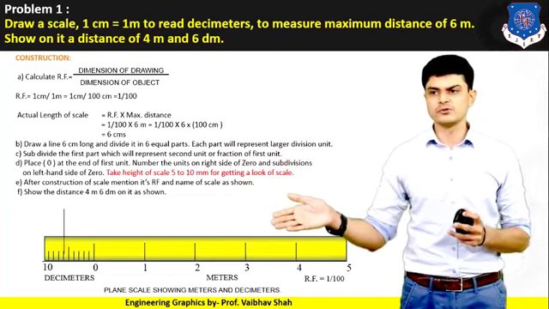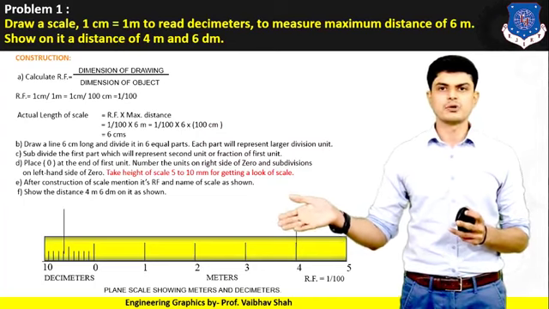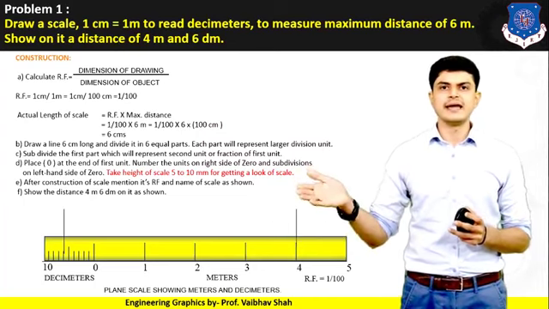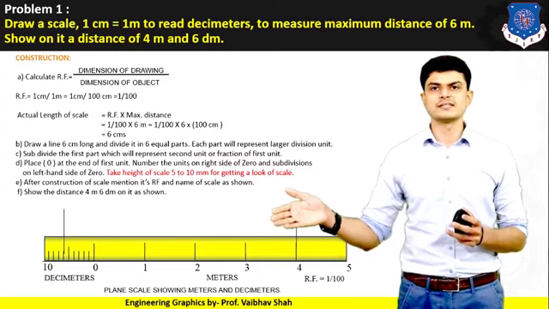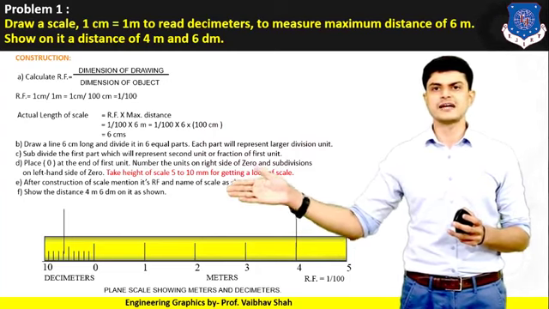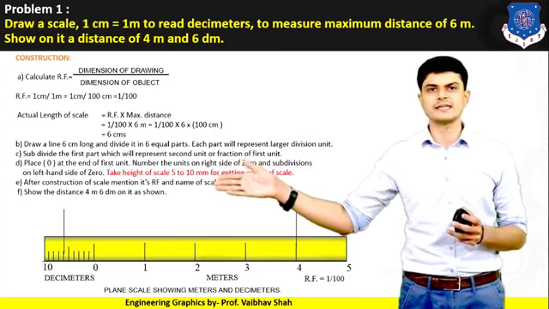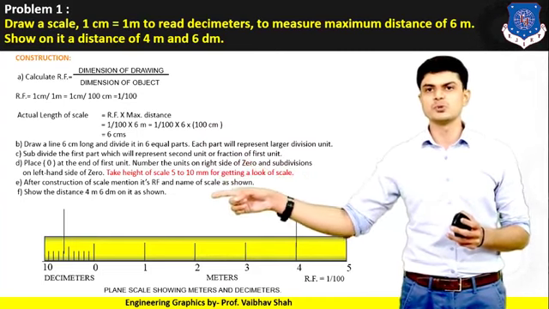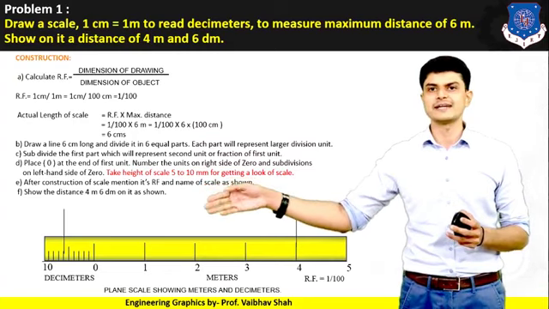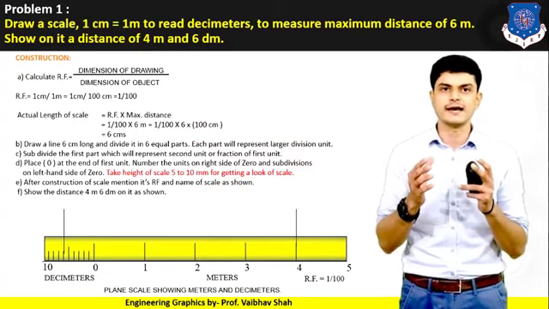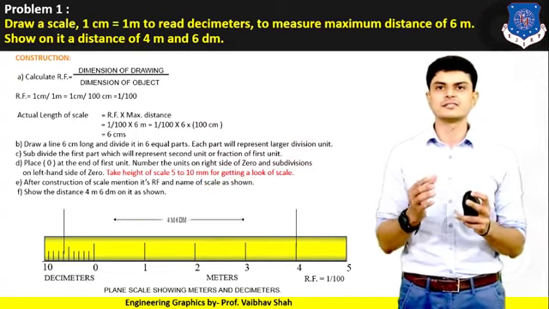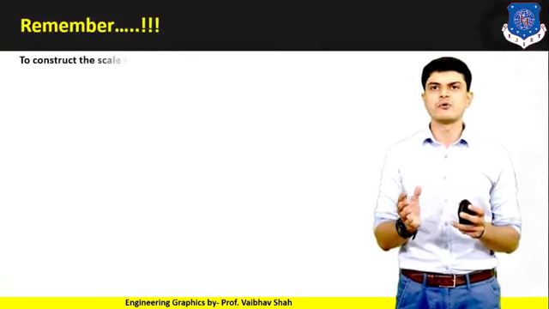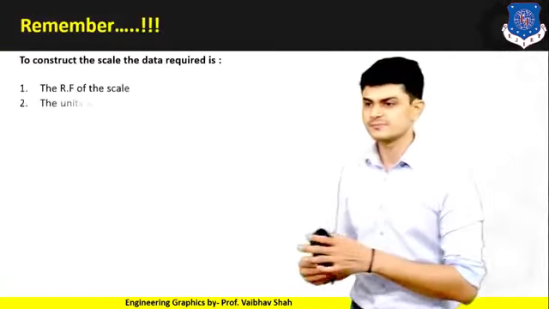When you get this 4, you just draw one vertical line, and for the distance of 6 decimeters you need to start from 0 and go on the left hand side for 6 division units, like 1, 2, 3, 4, 5 and 6. From that unit you need to just construct one vertical line, and you will be having a distance which is nothing but your distance 4 meters and 6 decimeters.